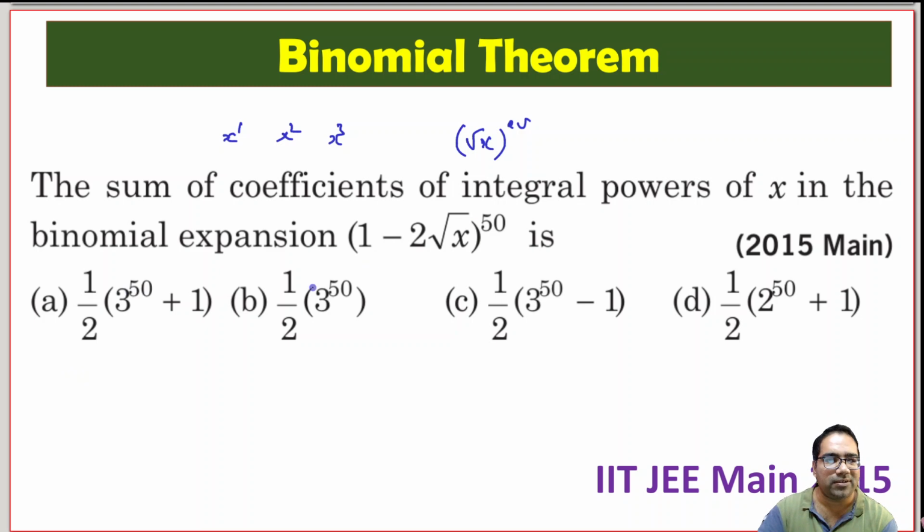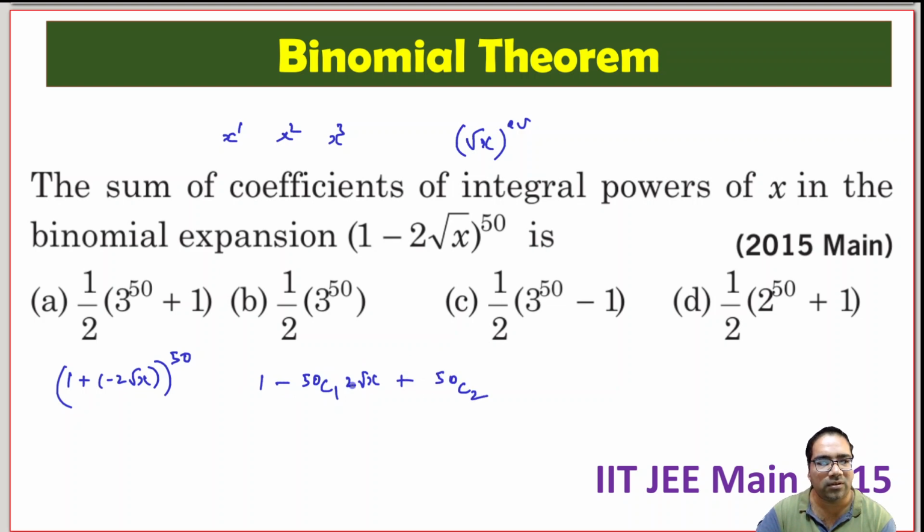So this expansion, 1 minus 2 root x, we can write it as 1 plus minus 2 root x whole power 50. What is the general expansion? The general expansion is 1 minus 50c1 times 2 root x, because this is minus 2 root x whole power 1. So we are bringing that minus outside. Then plus 50c2 times (2 root x) whole square,